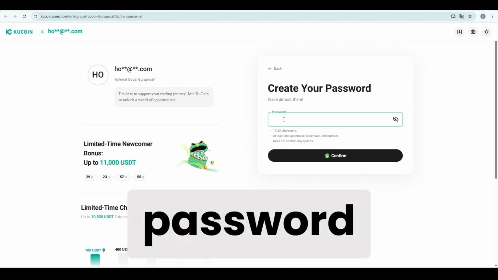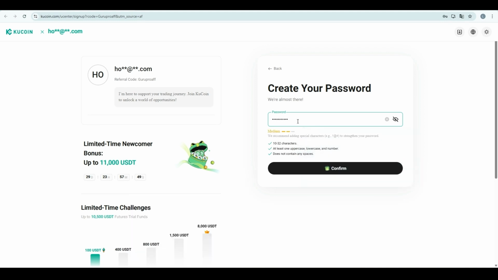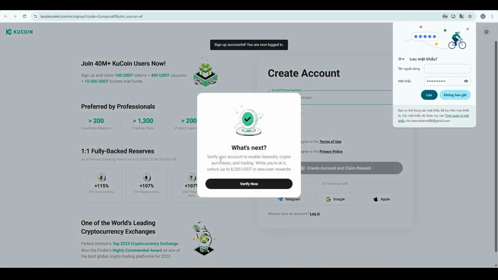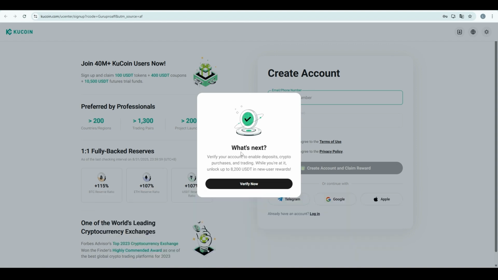Now enter your password. After entering the password, click Continue. You've now created a CuCoin account successfully.